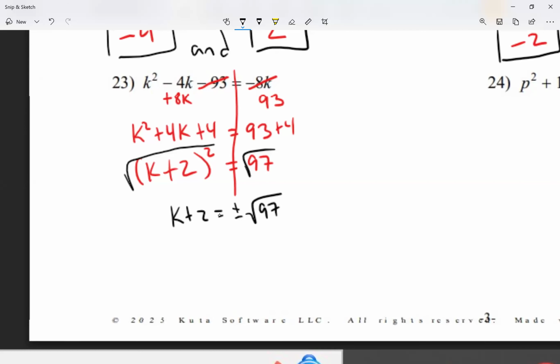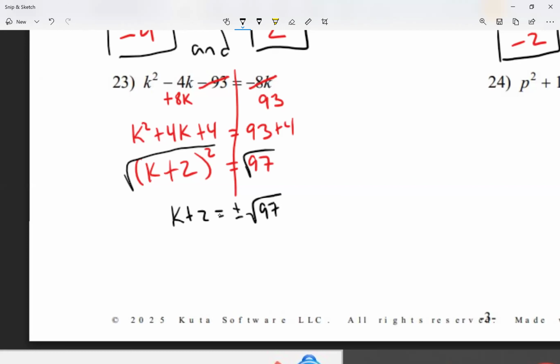I know we talked about before how to simplify radicals. So if you need to simplify a radical, please do so. This one we cannot simplify. And what I mean with simplify a radical, remember, square root of 97, break it into two radicals, two numbers that multiply to equal 97, one of them being a perfect square. So that's what I mean. We did that before. Unfortunately, here we cannot